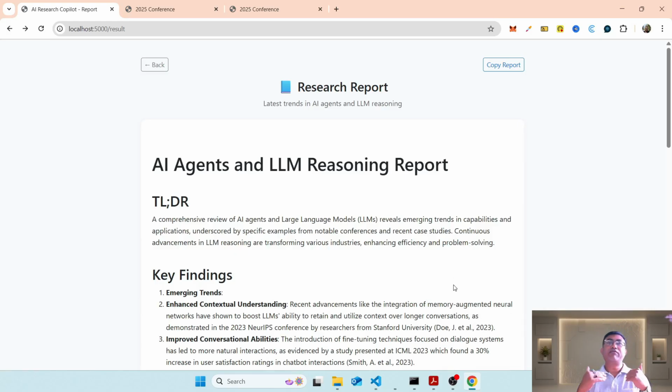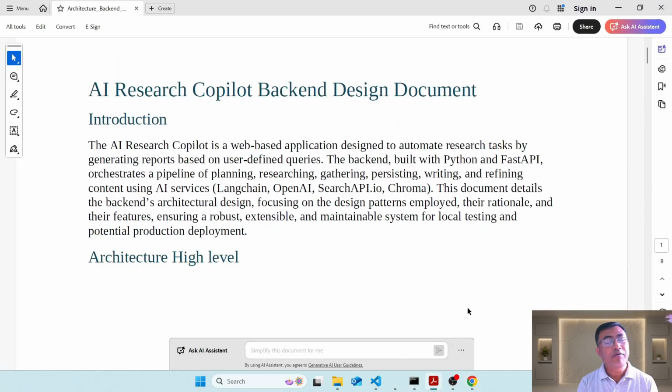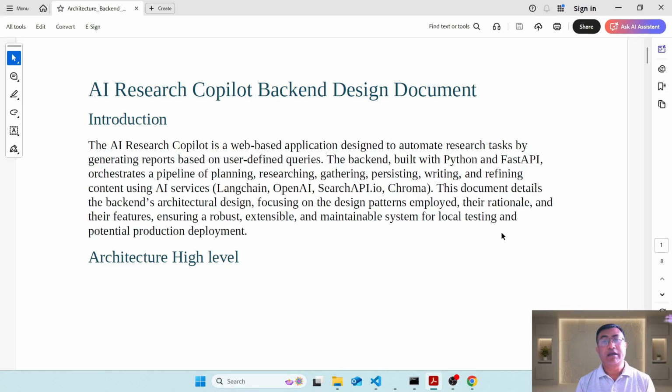How do we design an enterprise grade system? Okay, so let us just go back to the design architecture document. Here I want to explain now. Introduction. Okay, this is an AI Research Copilot, and it is a web-based application designed to automate research tasks by generating a report based on